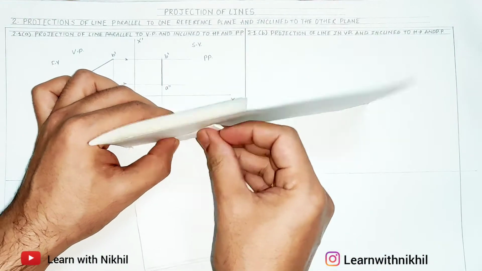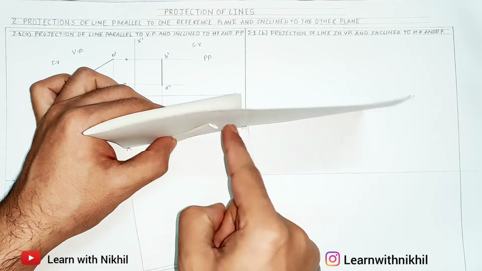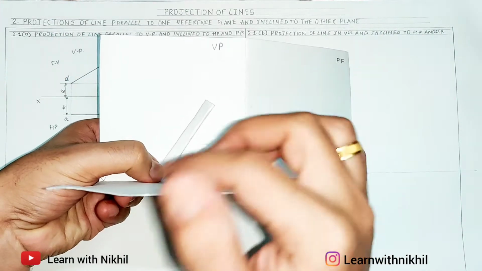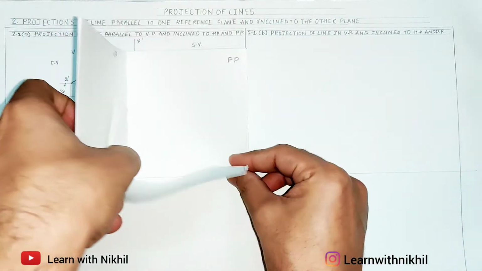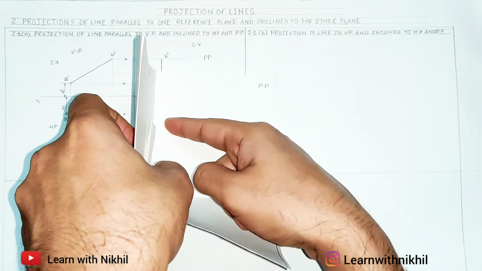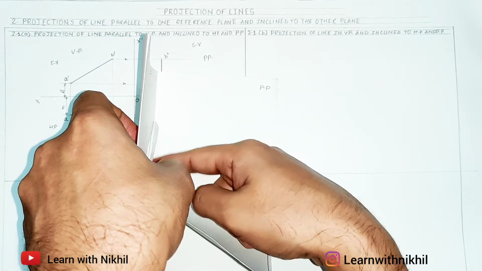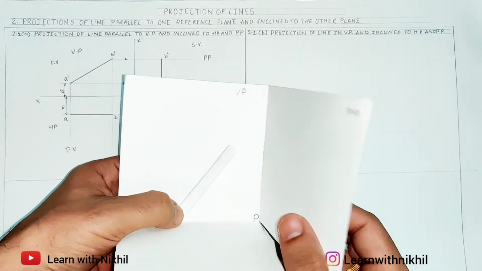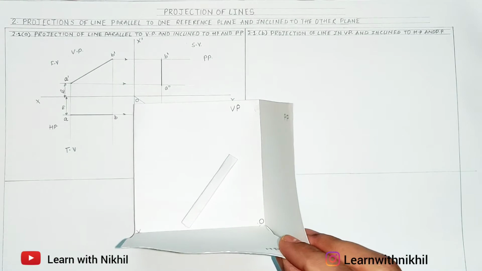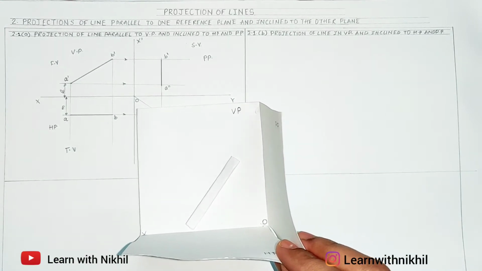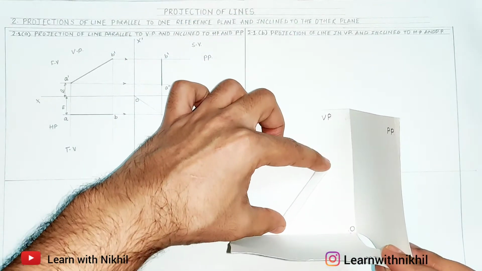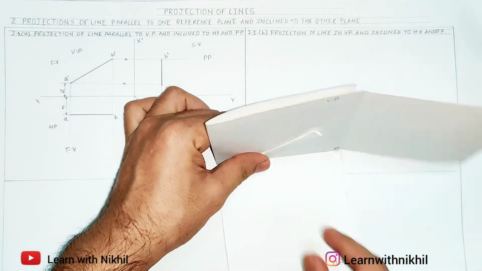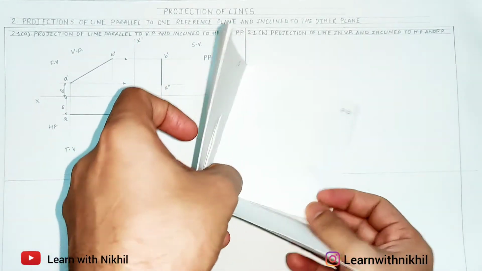From the top view you can see a horizontal line which is on the axis. And in the front view you will see a slant line and its base is attached to the axis. And in the profile plane also it is on the vertical axis. A straight dark line will be on the vertical axis. So this is how the projection of a line in VP will be. A slant line in the vertical plane and parallel to the horizontal plane and profile plane. So this is how it will be.